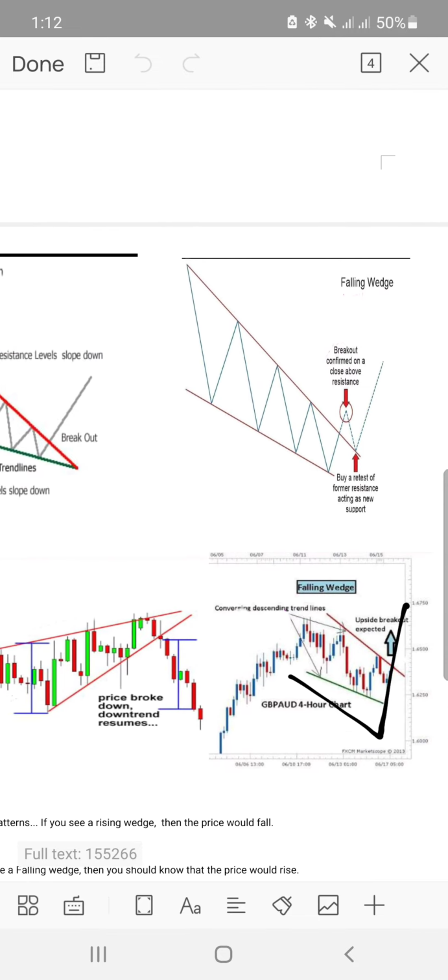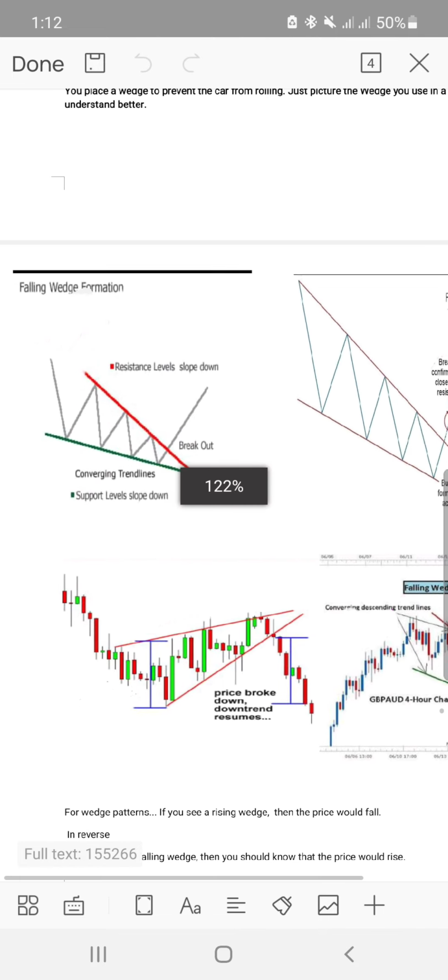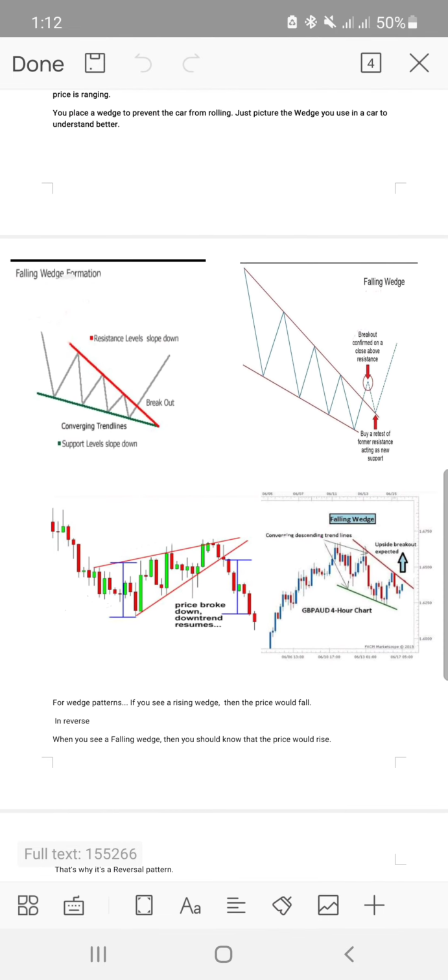Right? So it's very easy. This, like I told you, is a reversal pattern. Falling wedge is very, very easy. If the wedge is facing down like this one here, it's a falling wedge. If it's a rising wedge, it's going to be facing up. What it just means is that price will go in the opposite direction to where the wedge is forming, right? So your point of interest is to mark out and be waiting for a breakout in either the falling wedge or